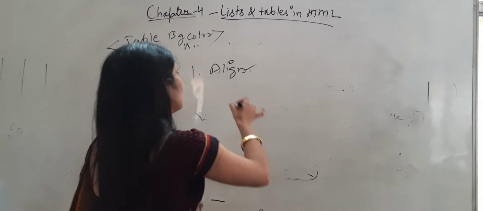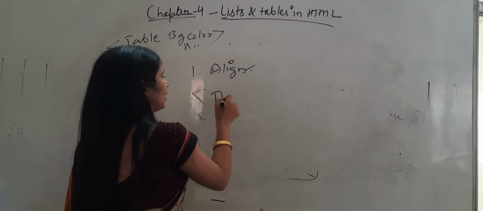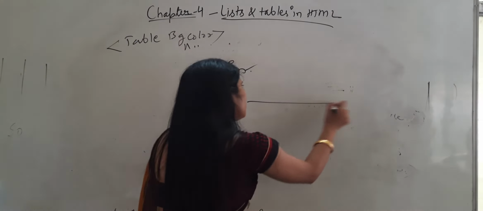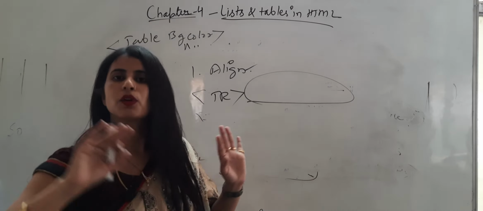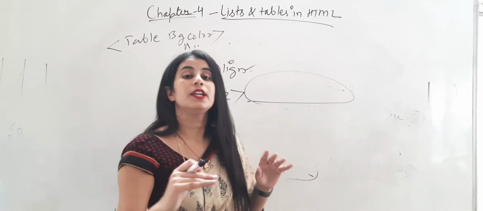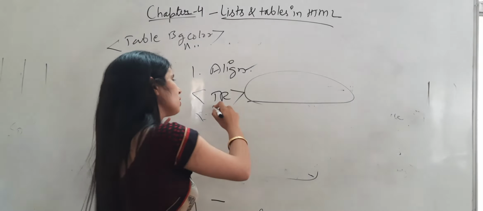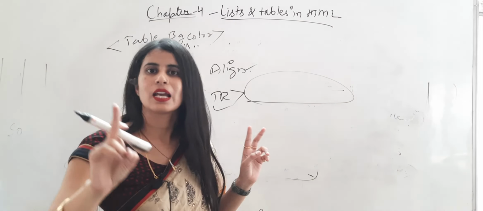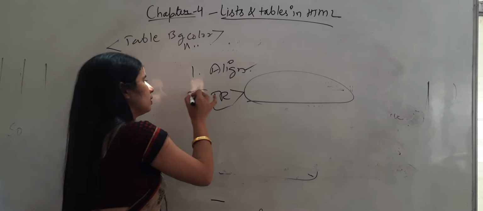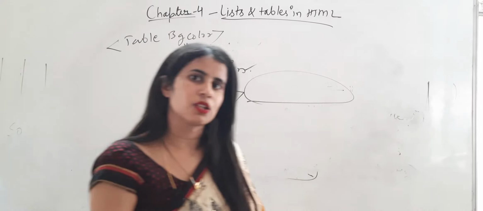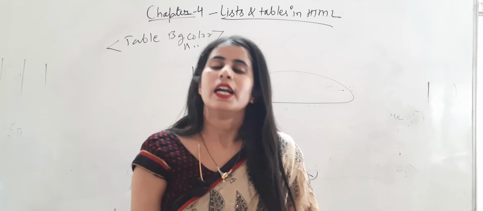These are very similar, TD and TR, because they are all related to a single cell or row. If we are using the TR tag, the complete row will change. If I change the alignment, the alignment of the complete row's data will change. The complete row's background color will change, because to create a single row we use only one TR tag, so we can assign it row wise. Next is the width. Width we can also change. These are all similar attributes of the TR and TD tags.